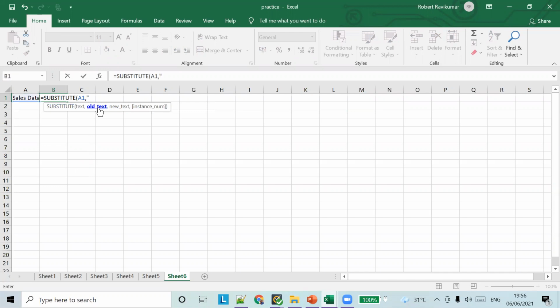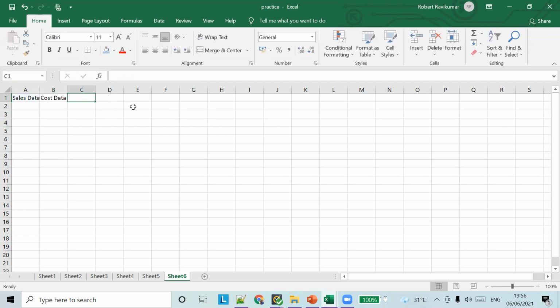Old text is sales, and new text is cost. And that's it. See, it changes sales data to cost data.